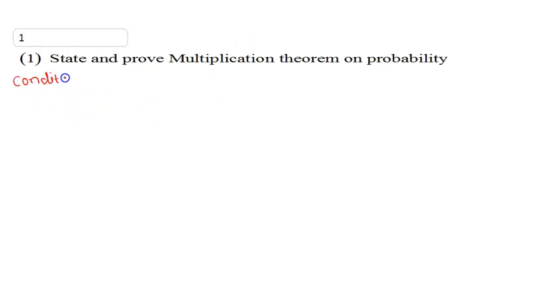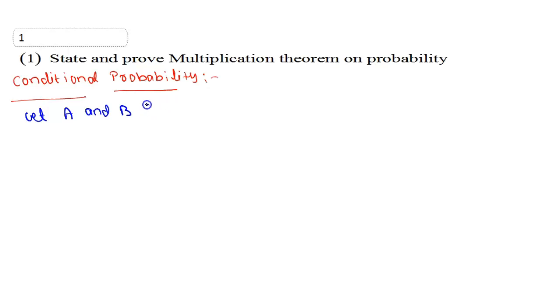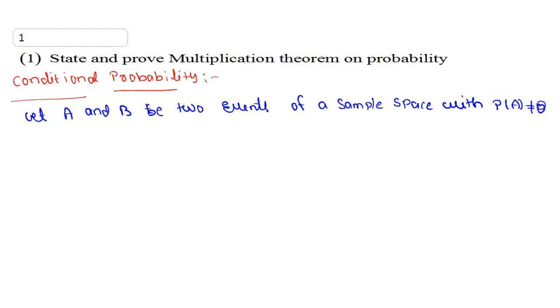Conditional probability means: let A and B be two events of a sample space with P of A not equal to 0,